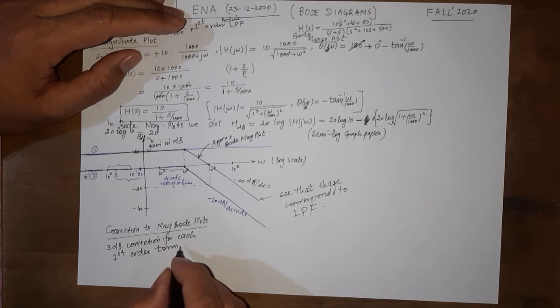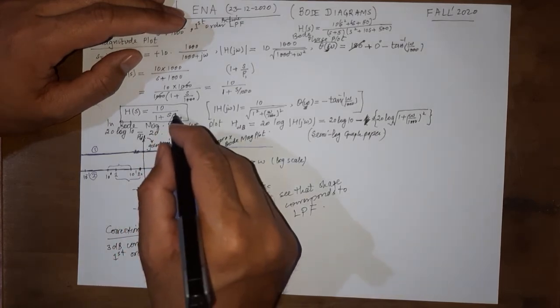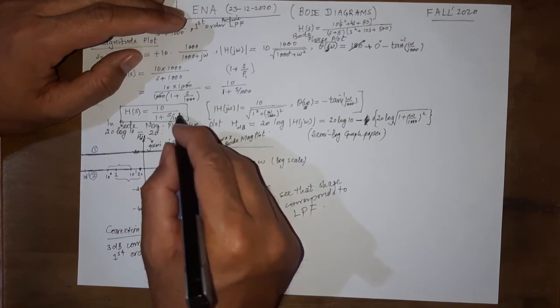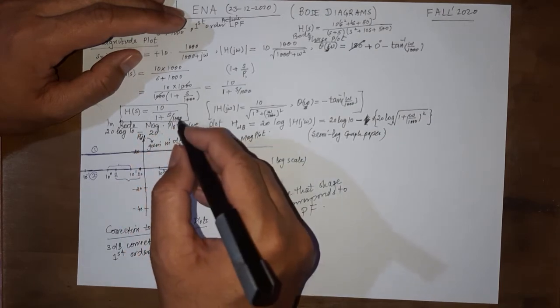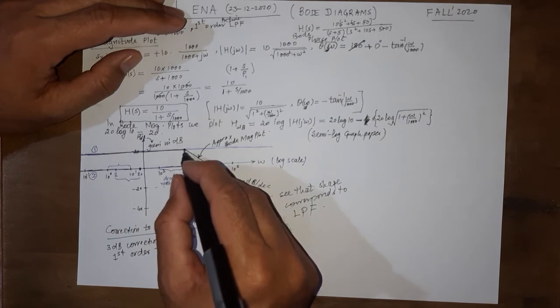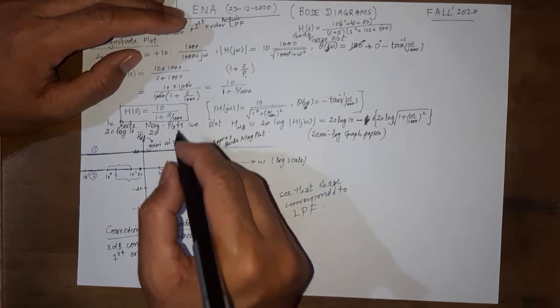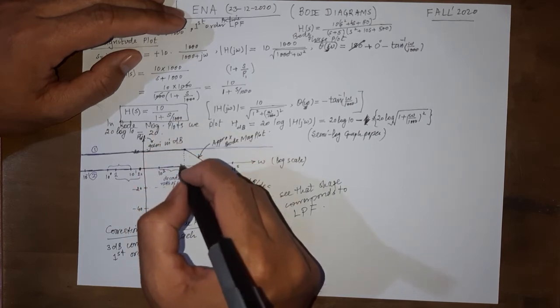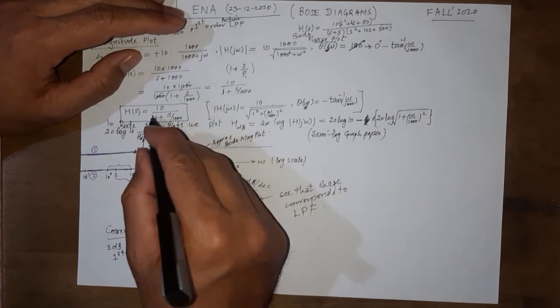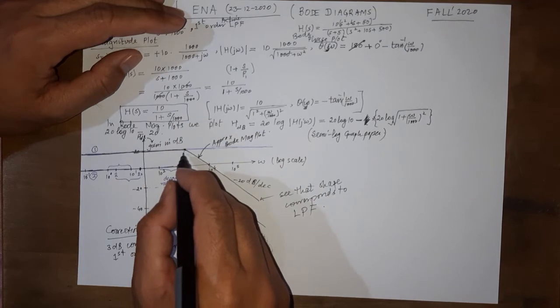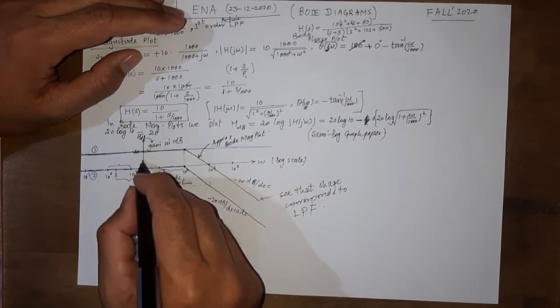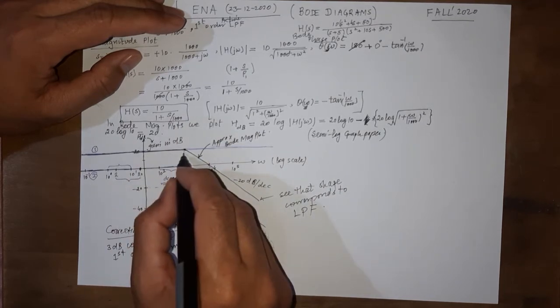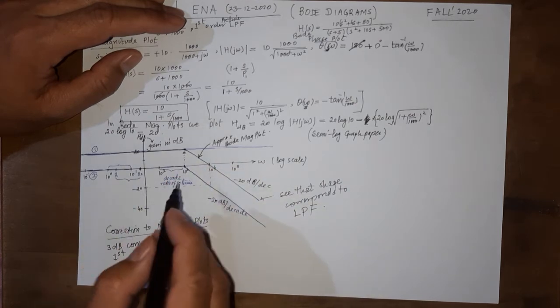We will later see for higher order filters that if there are two such terms, that is this has a power of 2, then we would have a correction of 2 times 3 dB, that is 6 dB. And if we have a third power 3 here, then a correction of 9 dB. But since this term has power 1, there will be a correction of 3 dB. This is 10, this is 15, so a correction of 3 dB would be something like this.